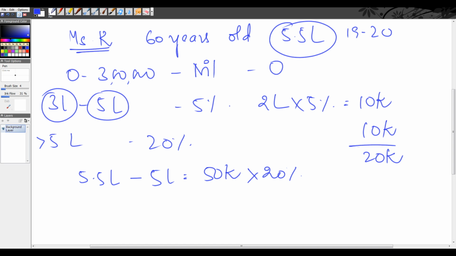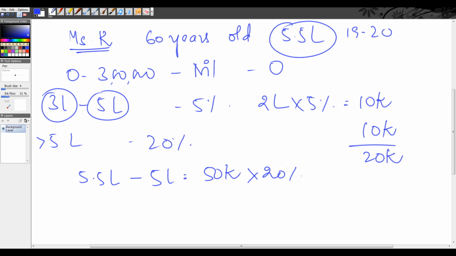Vishal Vinod asks, why was no cess calculated for the rebate? Please explain. Again, cess will come into the picture only if there is tax. In the previous case, there was no tax at all. She had earned an income of 10,000 and we gave her the entire rebate of 10,000. Therefore, there was no question of cess. Practically speaking, up to 5 lakh you need not pay any tax